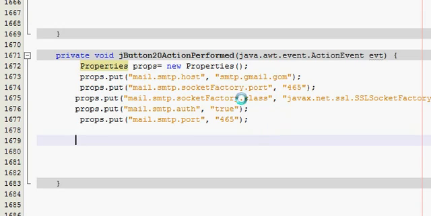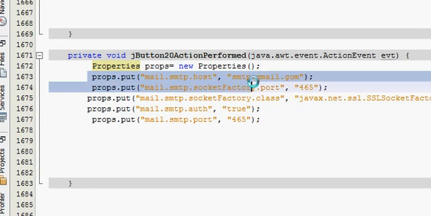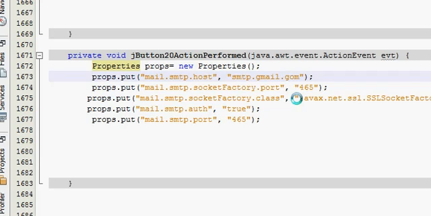I noticed one error in the previous video. In the second line I have written smtp gmail.com, which should be gmail.com. So just correct this spelling, and after that you